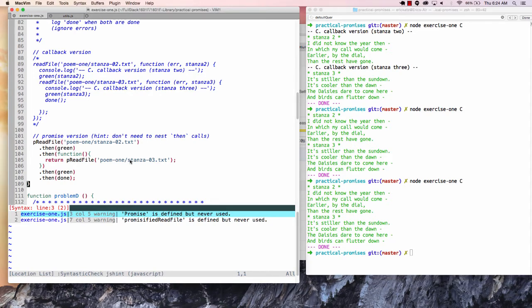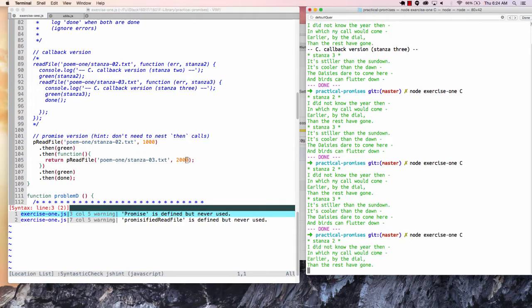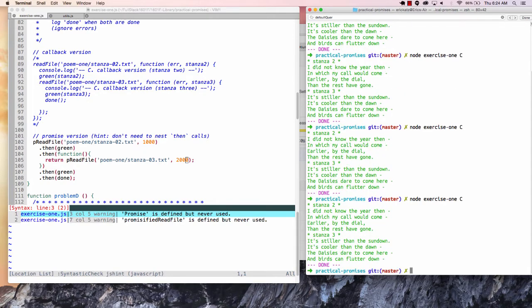And again, if you just sort of wanted to see these come in a little bit slower, you could add a little bit of a delay here, right? So if I said, let me wait 1 second for this, and let me wait 2 seconds for this. You'll sort of see these come in, and it might be just a little bit more apparent that one is really happening right after the other,